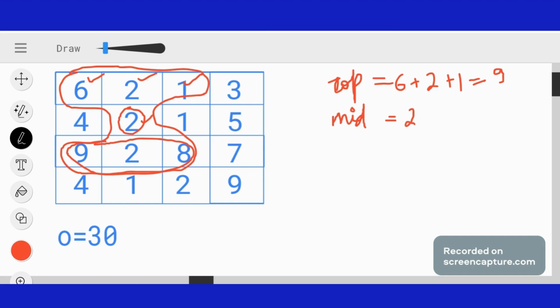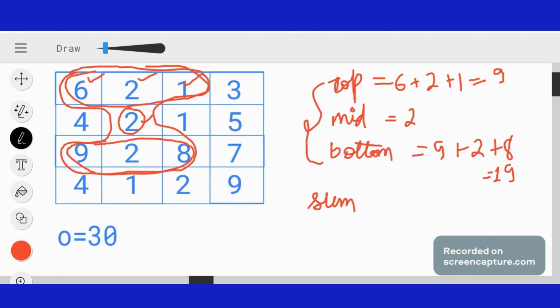So let's find out the sum of these three elements. Let's name it as bottom. It is coming to be 19. Now let's find out the sum of these three, the top, the mid and the bottom. If we find the sum, it will come 30. You can calculate it, it will come 30. Now this is our one sum.